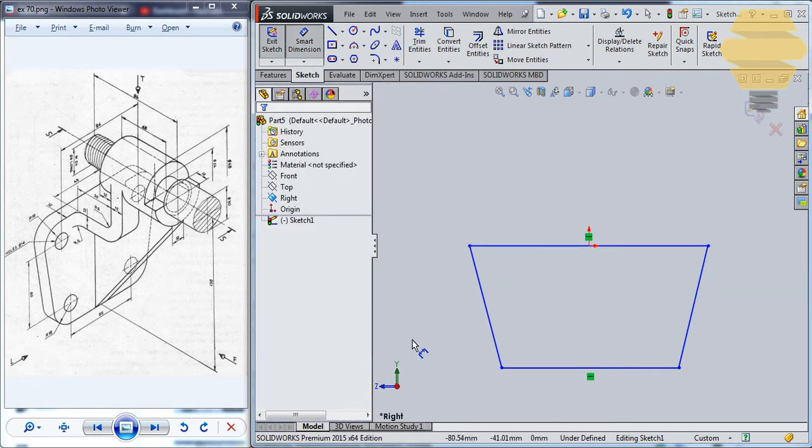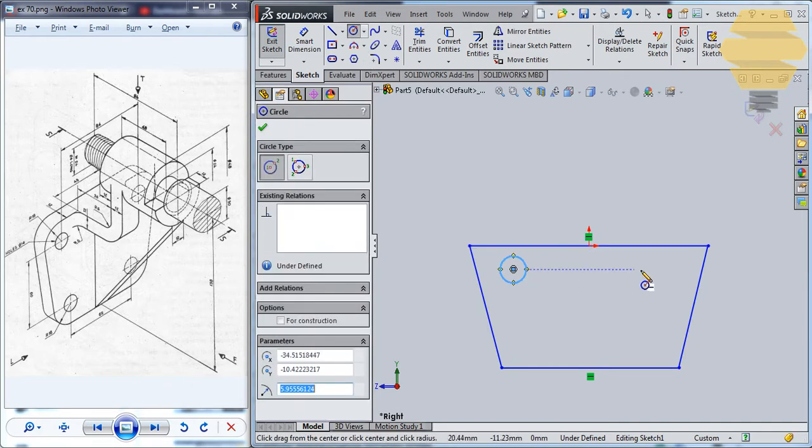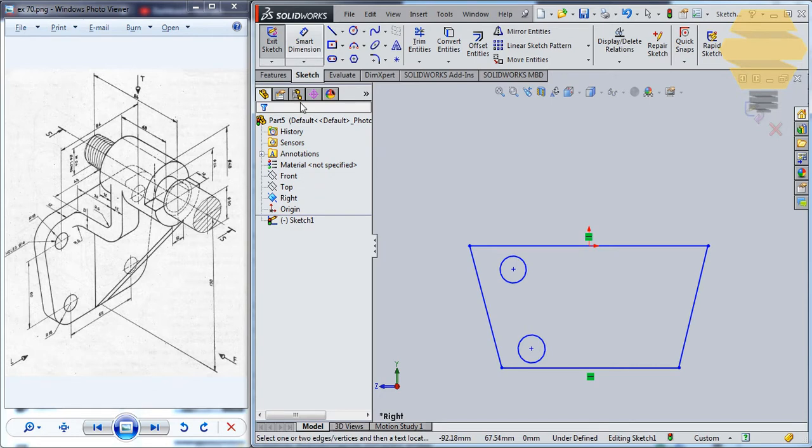Go to the smart dimension. We'll put 4 holes, 2 holes in the beginning. Smart dimension, so it's 84, right? So 84